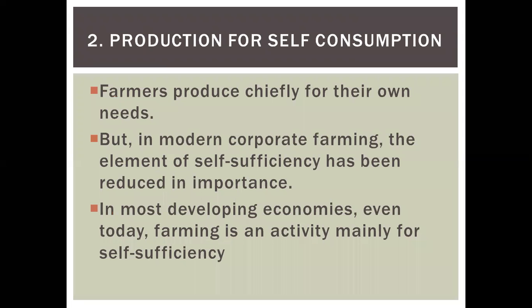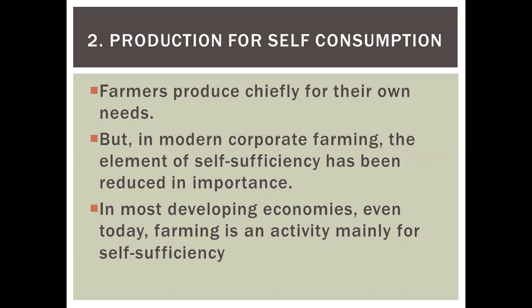And the second important point is, you know that in agriculture sector, people produce mainly for self-consumption, unlike the other sectors. For example, take the case of the industrial sector. There, the main aim of the production is to sell in the market for a huge profit. So their aim is to have more and more profit. But unlike such sectors, in agriculture sector, production is done by the people mainly for self-consumption. Especially the majority of the people produce things mainly for their own needs. And whatever is left after meeting their own consumption requirements, they may sell in the market.